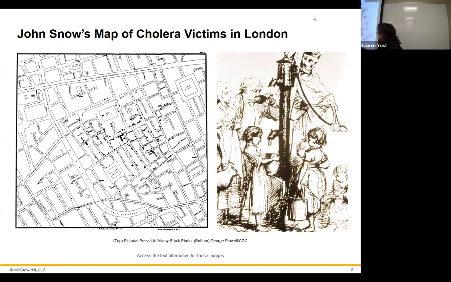So these are the darker areas where they had seen cholera patients, anyways. Also around this middle area, somewhere in there is the well, the water pump. This is a picture kind of depicting how death, cholera, is waiting at each of these. I don't know how much you guys know about cholera, or even dysentery, other than if you've ever played or seen Oregon Trail, but that's how I learned about it first.